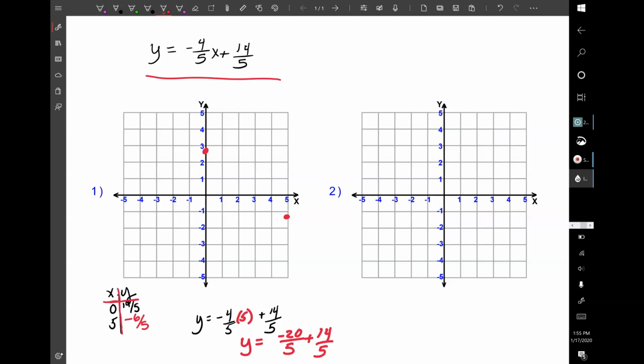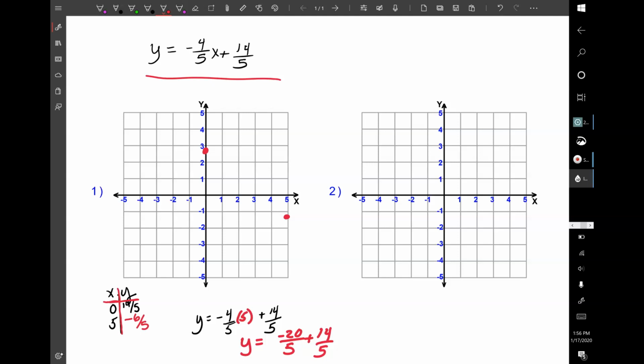That might be tricky, or even if you've done point slope graphing, you just plot a point, usually the y-intercept, and then use the slope to find a different point. This would be tricky with this one. So what I did was, the y-intercept I know is 0, 14/5, so that's right about 2 4/5. I estimated where that dot would go on the y-axis, and then I just plugged in 5 for the other